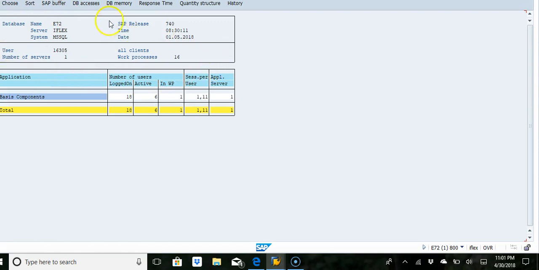Okay, so we can also see other response structures, history, database access, buffer, all this kind of data